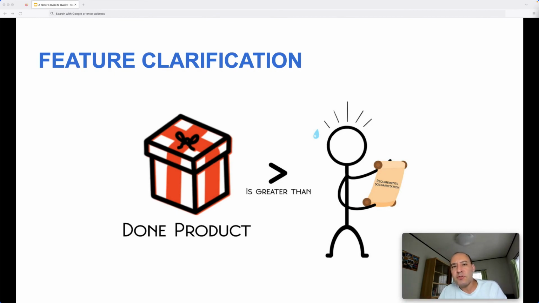So one of the very first initiatives that I tried in my project is to sit together with the product owners and the product managers and go over all the features. In this way, if there are any points which are understood in different ways by different people, then we try to build a basic understanding and pull everyone onto the same page. And in this way, we avoid misunderstanding,